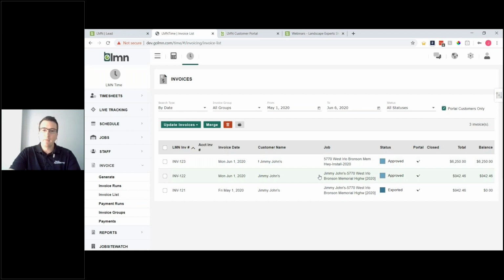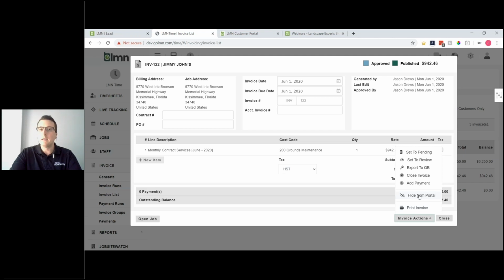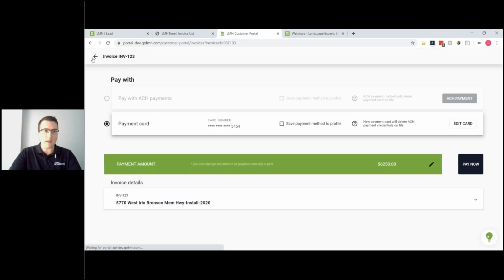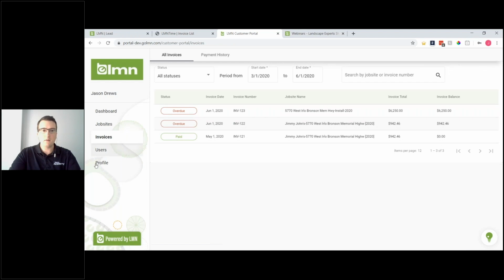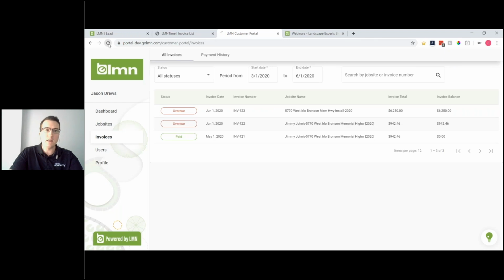Now, if we realize we made a mistake and we need that customer to not be able to see that invoice on the portal, just as a heads up, there is a hide from portal option. Just to show you how that works, let's go back on the customer side. Now you can see I've got two invoices on the client side, and back on the contractor side, if I wanted to hide this from the portal so they can't see it, that's going to automatically update it. So now when I refresh over here from the client side,